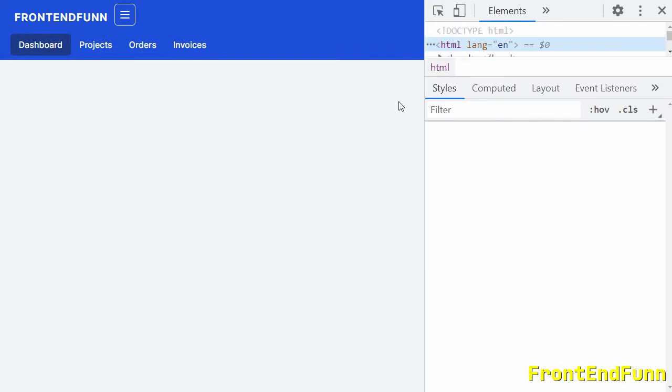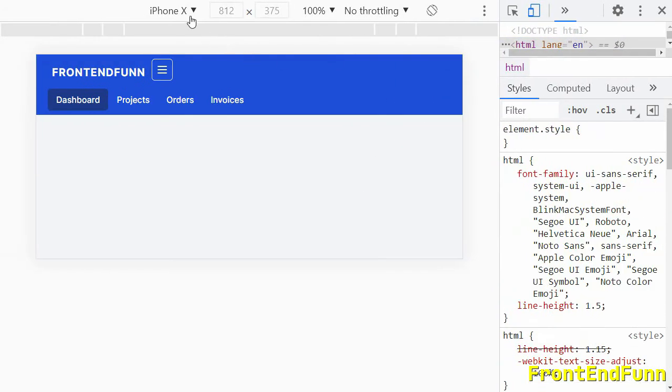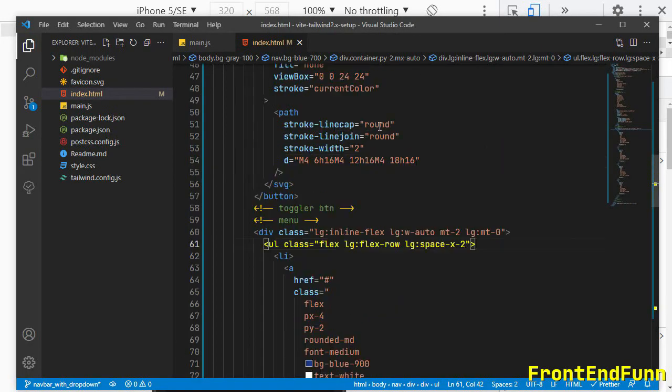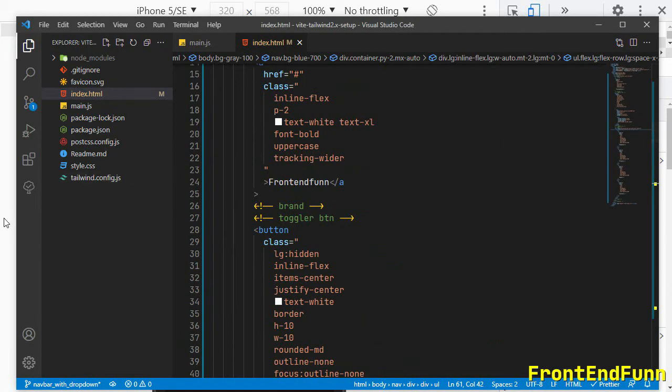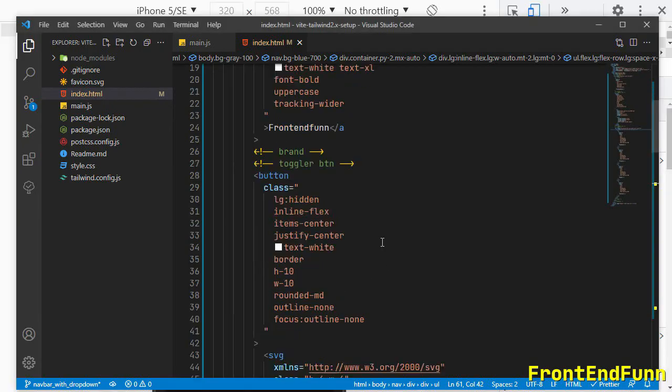Now let's work on the responsive design. I'm just targeting the lowest resolution device, that is iPhone 5. If you observe, the links are in the horizontal way, so let's make them vertical.